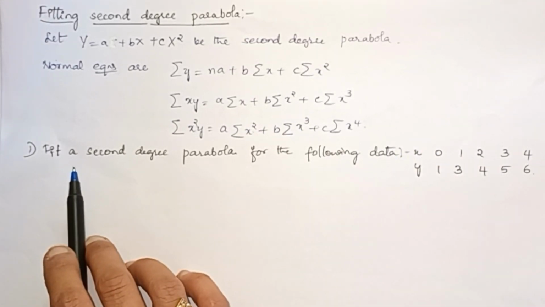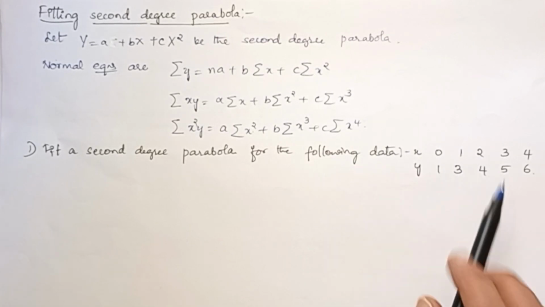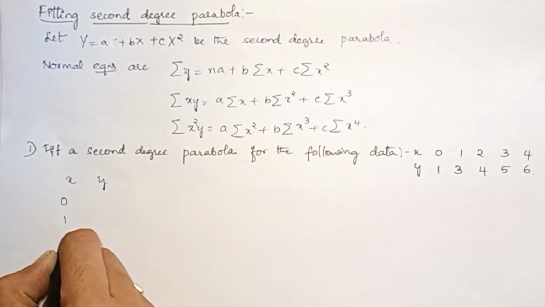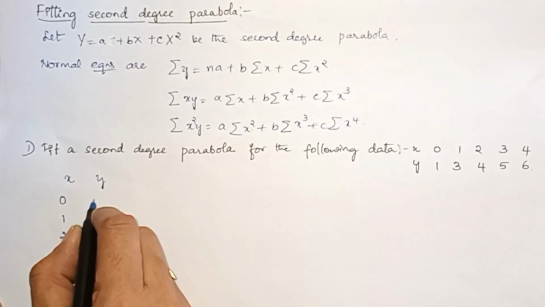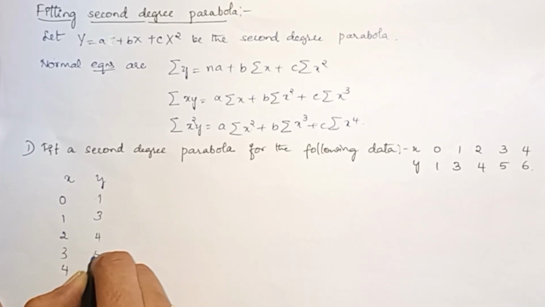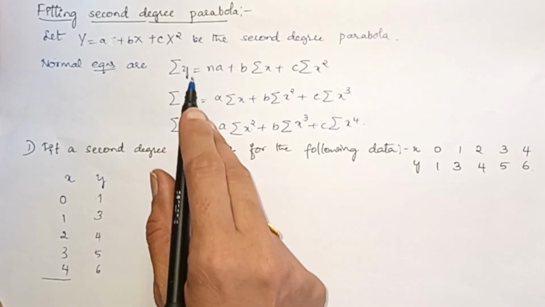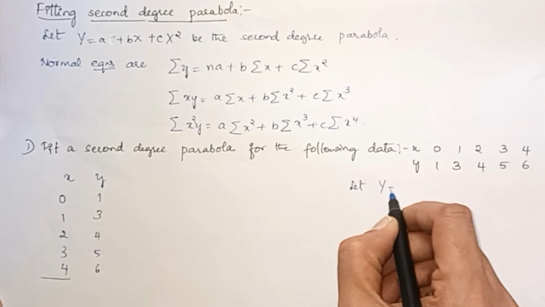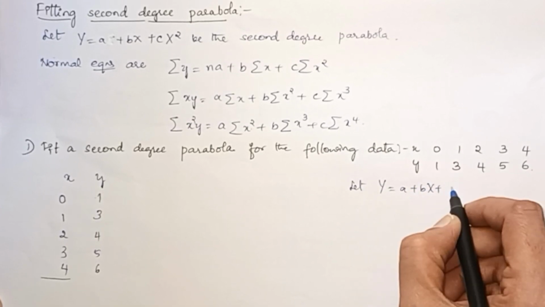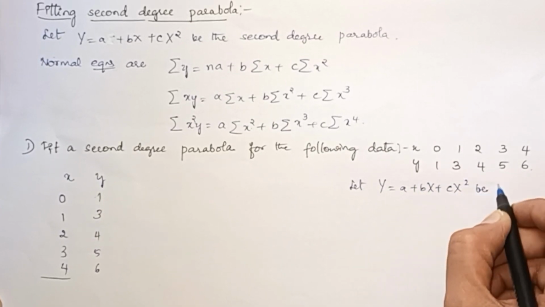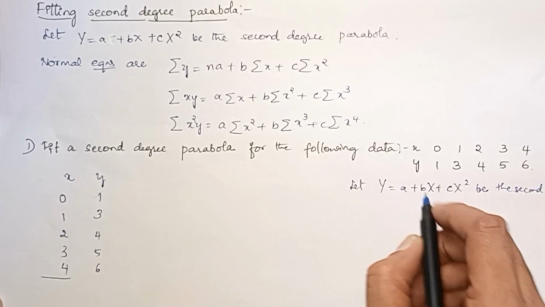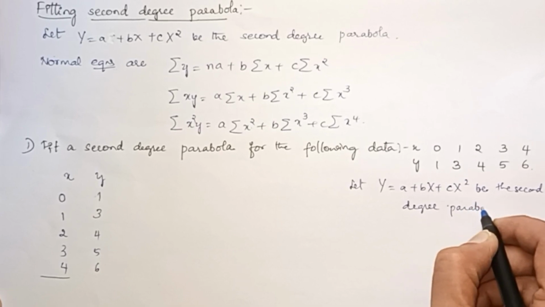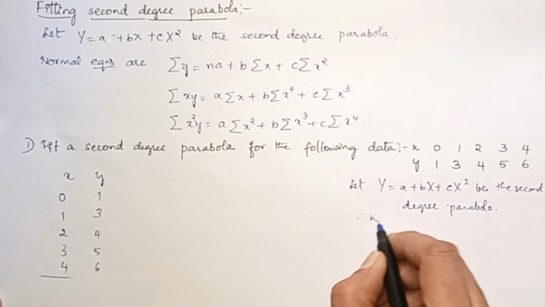Say for example, fit a second degree parabola for the following data. So it is given here. Let us write x, y. X is 0, 1, 2, 3, 4. Y is 1, 3, 4, 5, 6. As per the normal equations, first write: let y equal to a plus bx plus cx square be the second degree parabola. Therefore, its normal equations are,